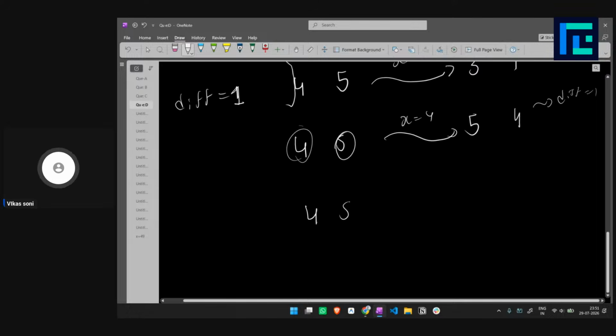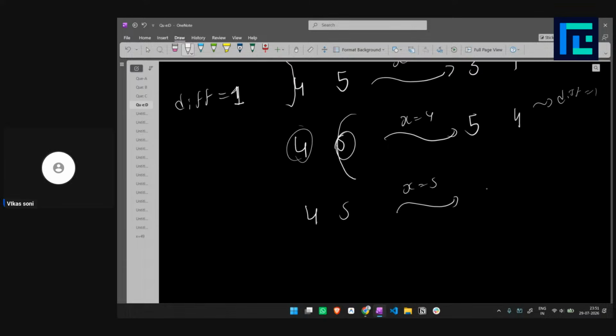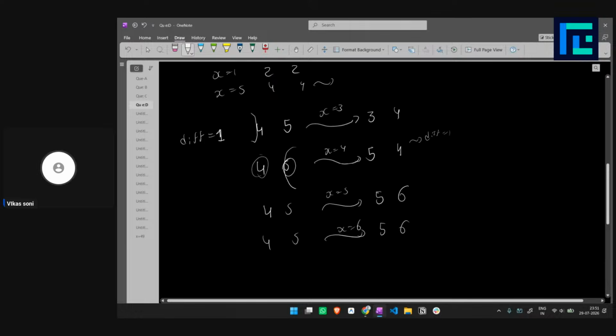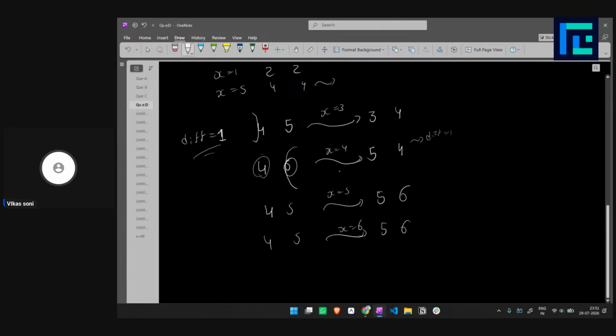Let's say this is 4 and 5. I take some bigger value, greater than or equal to 5. Let's say I take x is equal to 5. Now both will be incremented by 1, so this will be 5 and 6. Let's say you take x is equal to 6. Again, both will get incremented by 1. So there is no way that when the difference is equal to 1, you can make them equal,